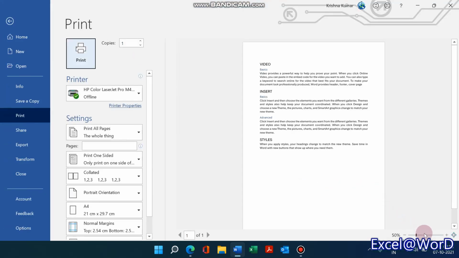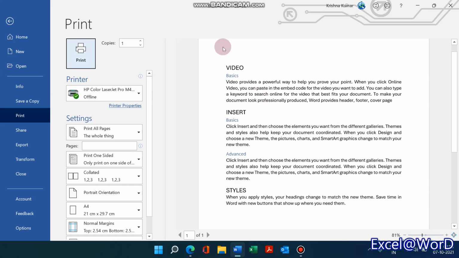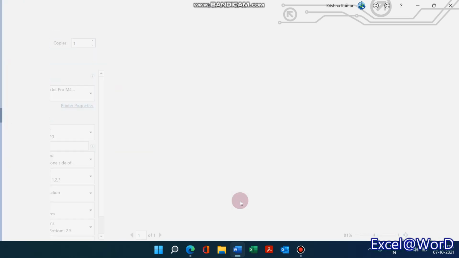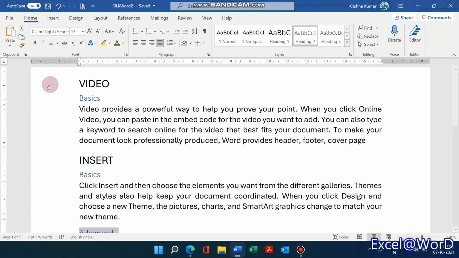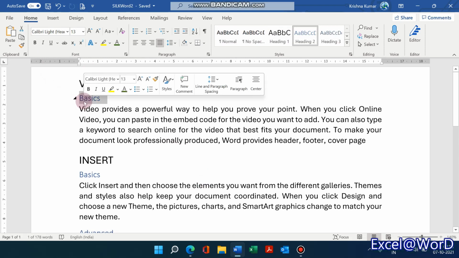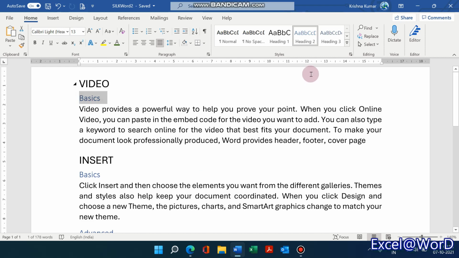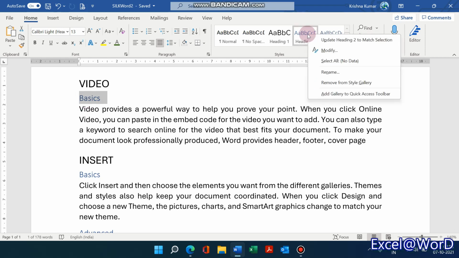This will look like video, basic. Now what is so different, you might ask? Well, for example, basic is a light blue color. This font I want to change the color. Basically, I wanted a black and white document, for example. Then what I do here is I go to the heading, right click on this one, and then I say modify.